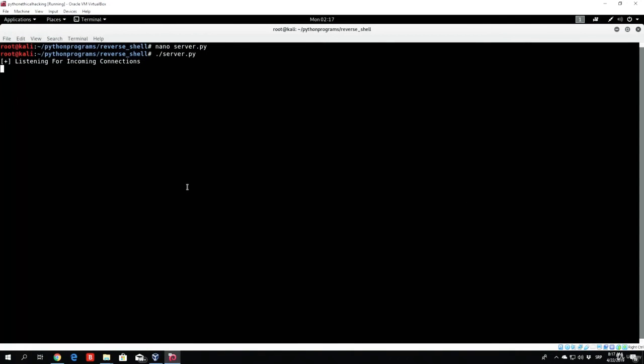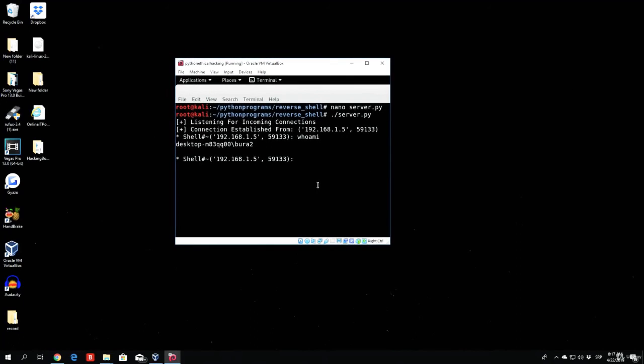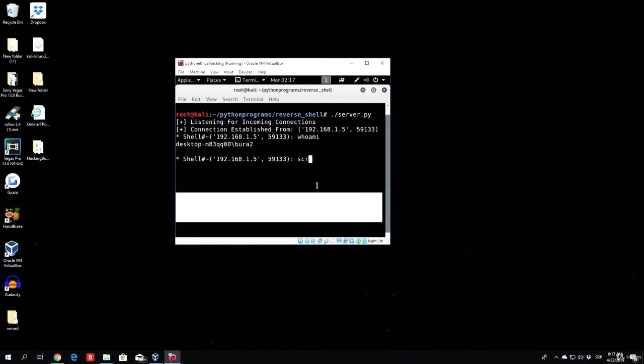We listen for the incoming connections. It should come any second. As you remember, we have a timeout of 20 seconds before connecting. And as soon as it does, we will just, first of all, check a simple command to see if our program works, and then we will run the screenshot and see how it looks. So here it is. Let us just run whoami for a simple check. Then I can lower this so you can see the screenshot better. And if I just type screenshot,